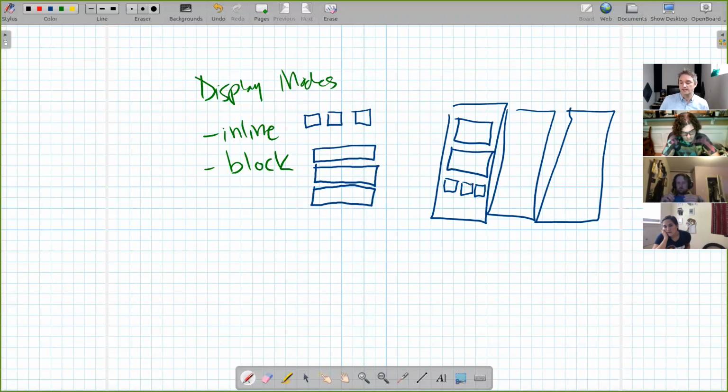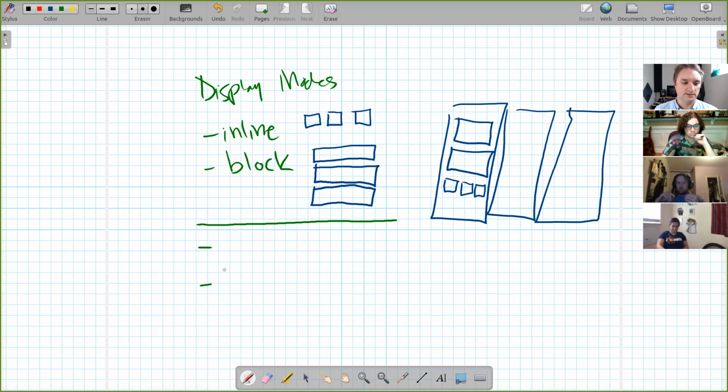Other questions about inline and block display modes? Cool. Let's add two more. So these are the traditional display modes. These go back a long way to like 95 or so. We have two newer kids,